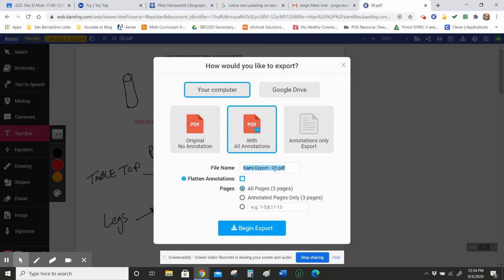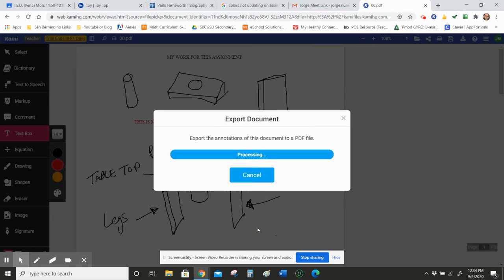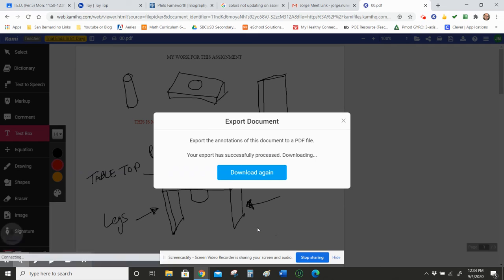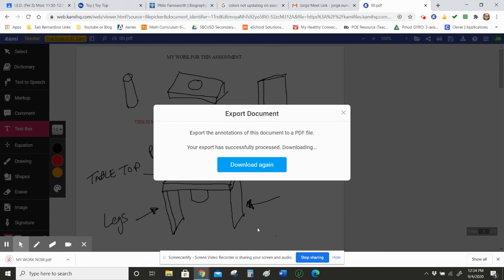So I'm going to call it my work now, just so I can identify it right away. Obviously, depending on the assignment, you might want to call it the assignment name. Then you're going to begin the export, which you click at the very bottom. This is going to download the assignment with all of your annotations on it. So any writing that you did, anything that you marked up on that assignment, highlighting, comments, whatever,